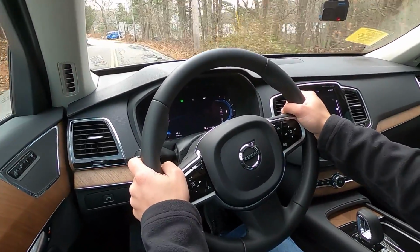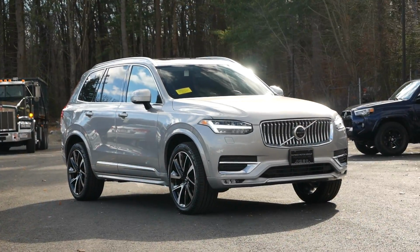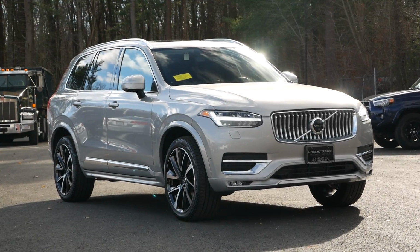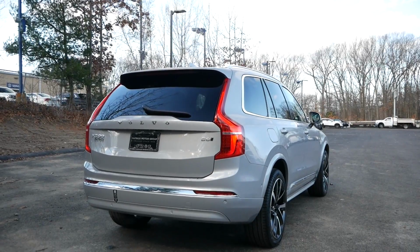Also made standard for 2023, all XC90s will be equipped with all-wheel drive to help tackle winter road conditions, whereas some rivals offer this drivetrain as an option. For fuel economy, you're looking at right around 20 miles per gallon in the city, and 26 miles per gallon